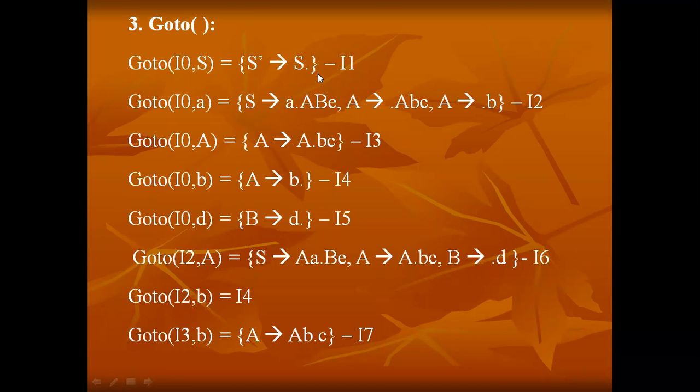Now it is a new production rule. We are naming it by the new item I1. We are continuing the sequence from I naught, I1, I2, I3 like that, continuing the sequence numbers from 0 onwards. After calling goto of I naught comma S, it was completed, and I am giving it a new item number I1. Then I'll go for the next item.